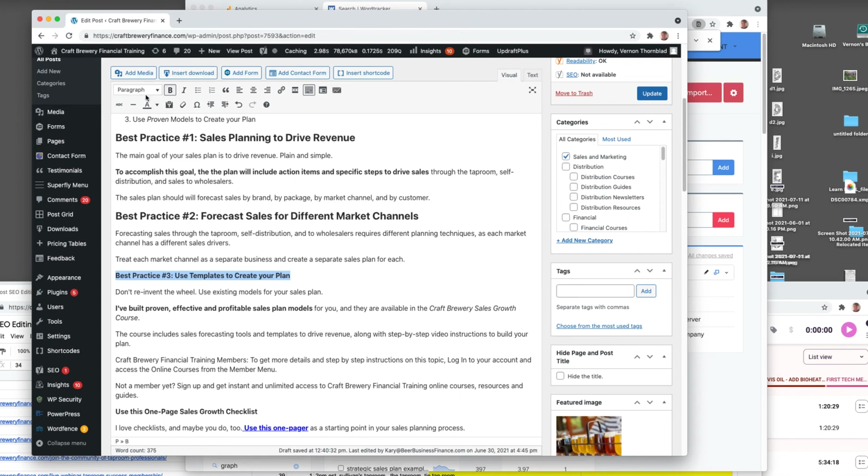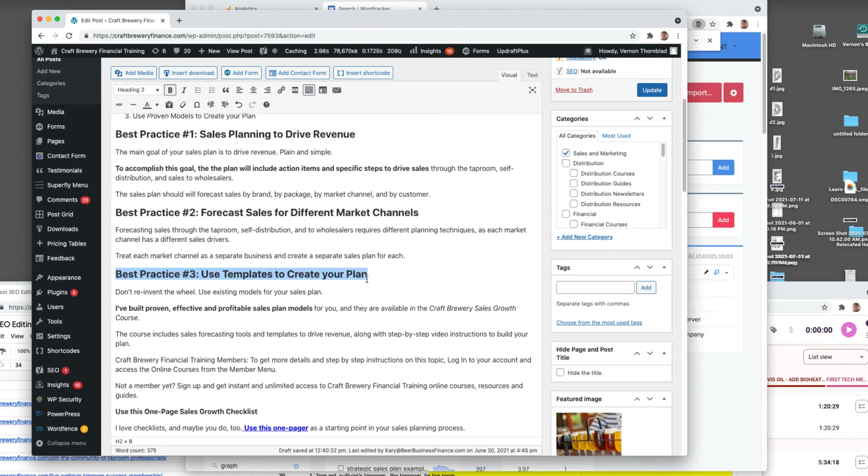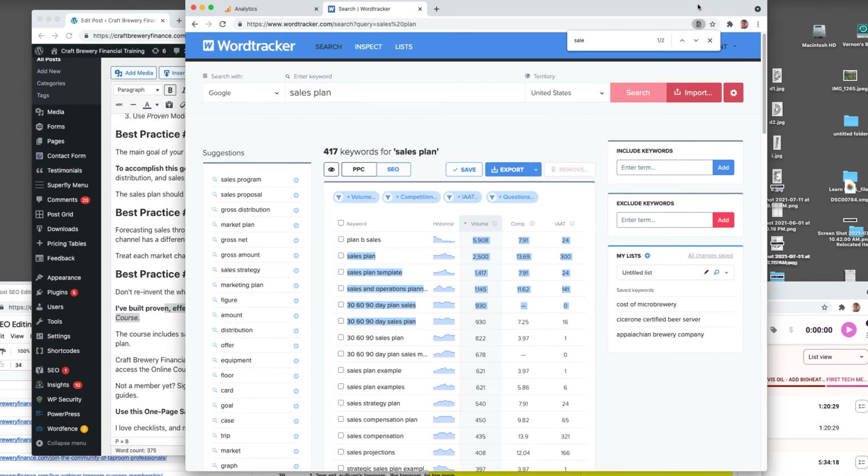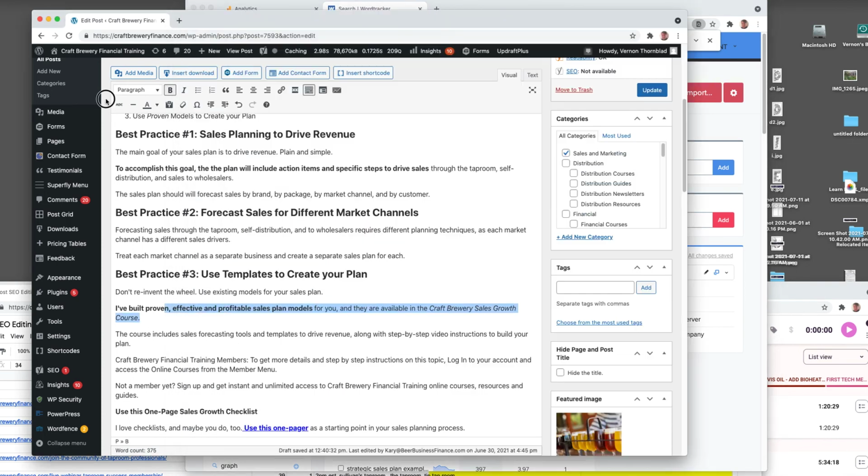So I'm going to take a look at that in a minute again and just double check. So use templates to create your plan. Don't reinvent the wheel. Use existing models for your sales plan. So it's a sales template, I believe. So sales plan template. If I were you, I would probably add the word sales in there. However, because I'm not absolutely 100% sure that that's what you mean here,